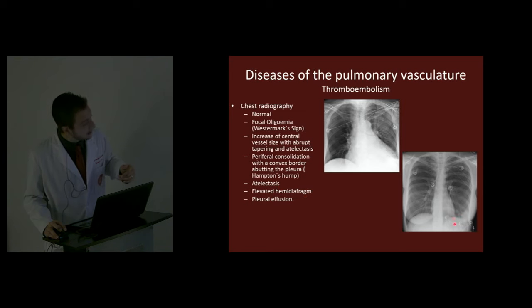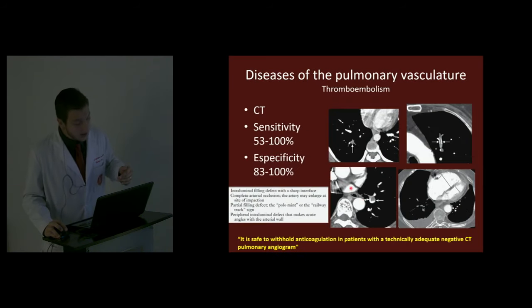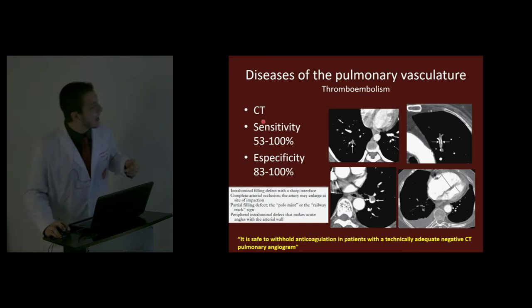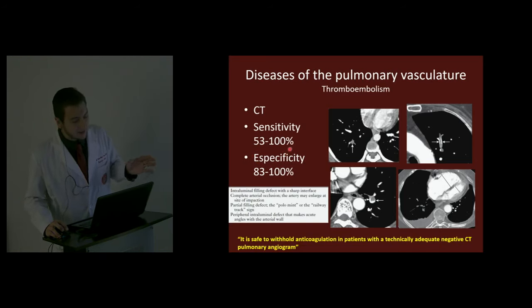In this, we can see the Hampton's hump, characteristic of a pulmonary infarct. The CT has a sensitivity and a specificity different depending on the study you search. It can go from 53 to 100 or from 83 to 100. It depends on the technique, it depends on the technical radiologist, and it depends on what you want to observe. But there has been some